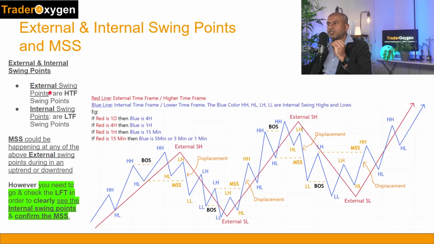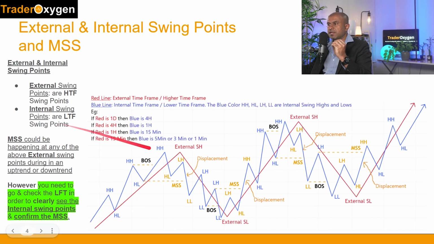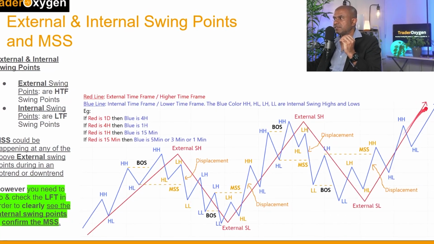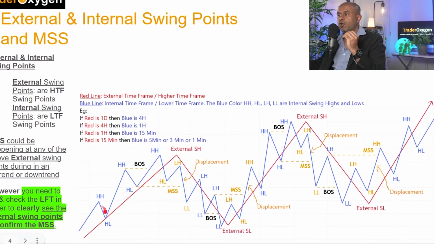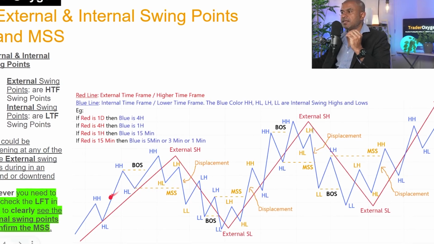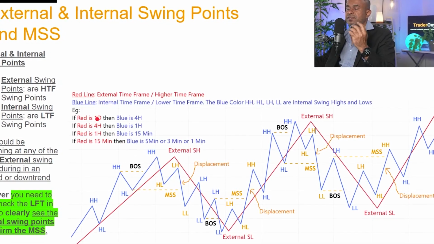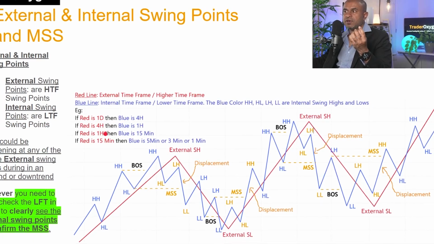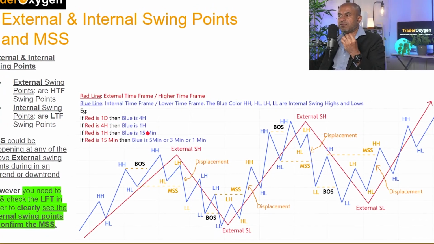Okay, so now we are going to look at external and internal swing points and market structure shifts. Let's jump into that now. External swing points are the higher time frame swing points, and internal swing points are the lower time frame swing points. As you understand, in top-down analysis, we have our higher time frame, the red color line, and then we have our lower time frame, the blue color line. The higher time frame can be the daily, then the lower time frame is the 4-hour. For example, if the higher time frame you consider is the 1-hour, then your lower time frame is the